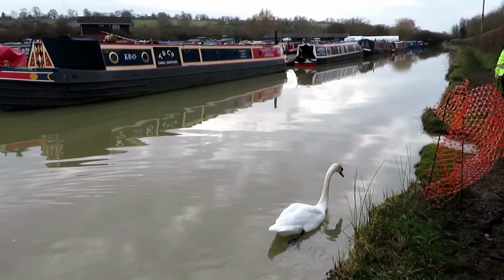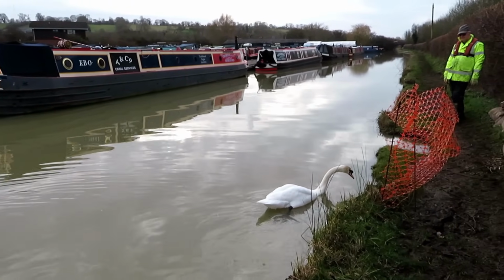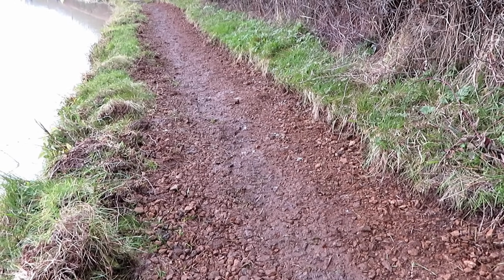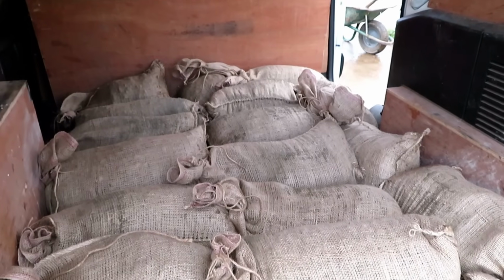We've been working opposite Napton Narrowboats, where there was quite a length of towpath that needed some repair. It is a slow process. It's taken quite a few months to get to where we are today, but that length of towpath is nearly finished now. Once we had a sufficient number of bags, these were loaded into the van and taken round to